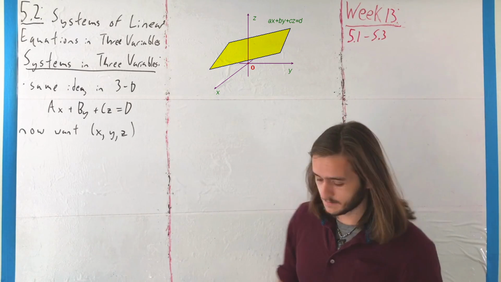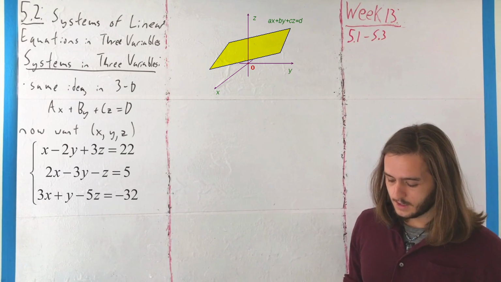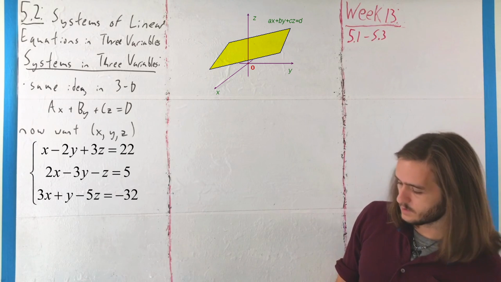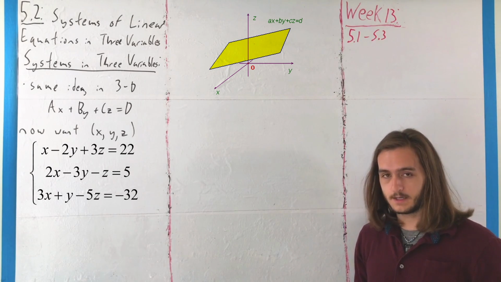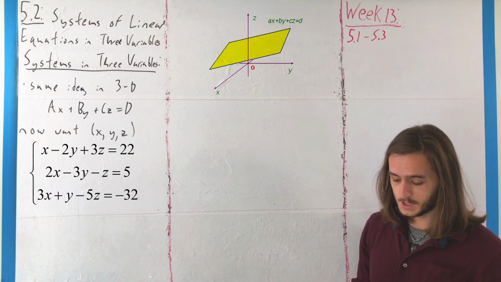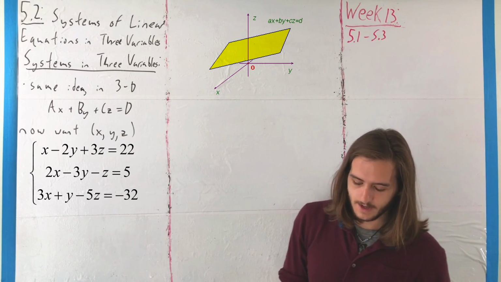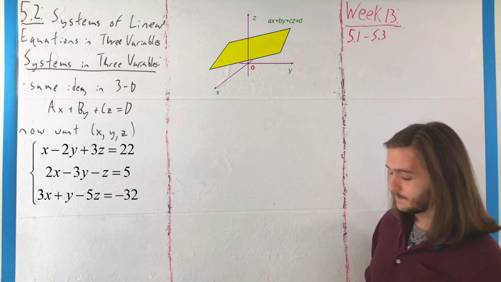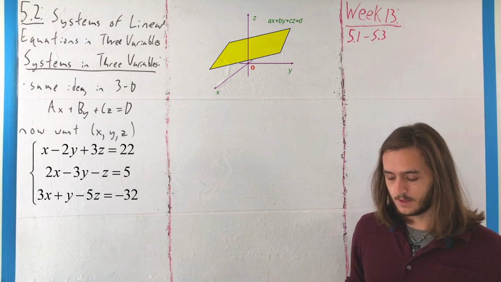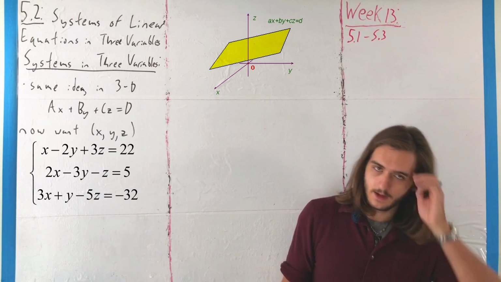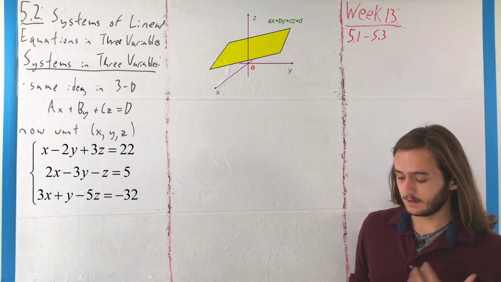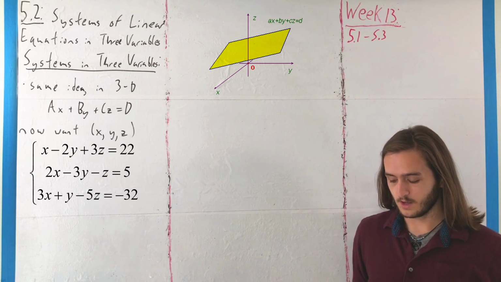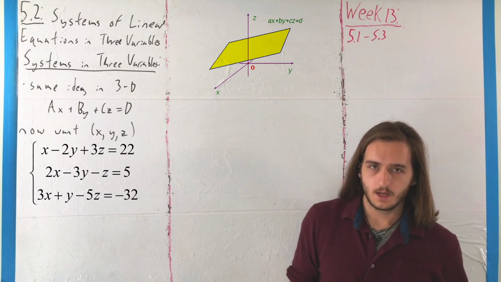So if we had something like the system x minus 2y plus 3z equals 22, 2x minus 3y minus z equals 5, and 3x plus y minus 5z equals negative 32, the value negative 1, negative 4, 5 is a solution to that system. The ordered triple negative 1, negative 4, 5 is a solution, because if you plug that in, you would get